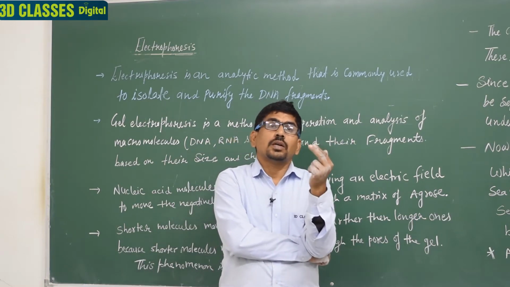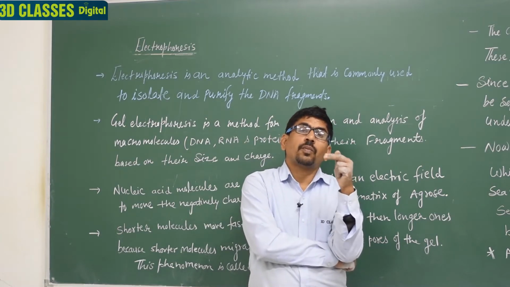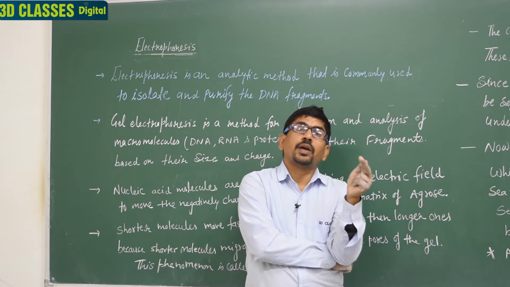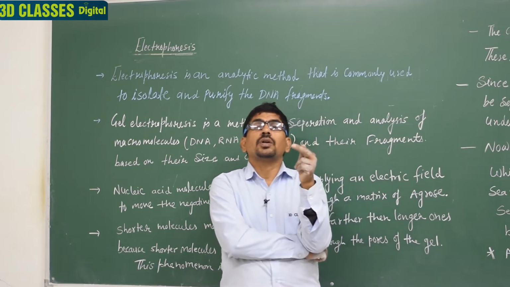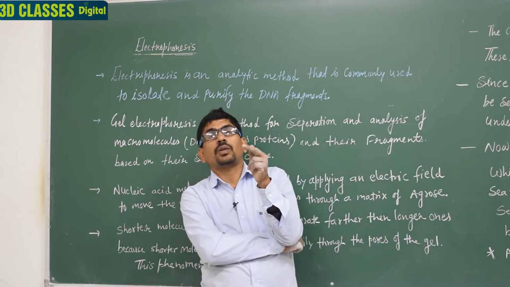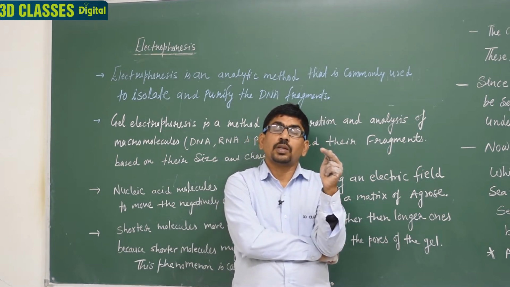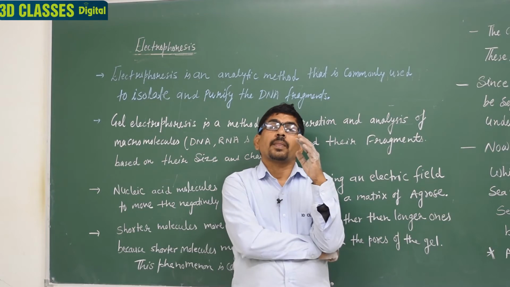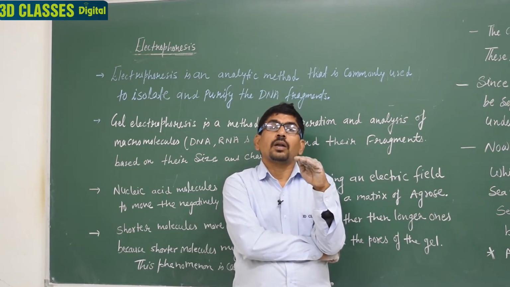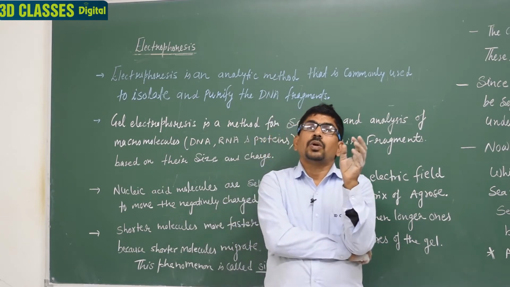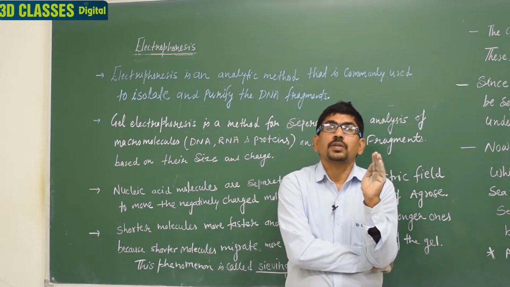The question is why it is known as gel electrophoresis? Because an electric field is required, in which negative ions move toward positive. Clear? And these negative ions are the DNA, because DNA has a phosphate group, and due to the presence of the phosphate group, the DNA moves toward the positive charge, the anode, and this movement runs on a gel. So this process is known as gel electrophoresis. Clear?